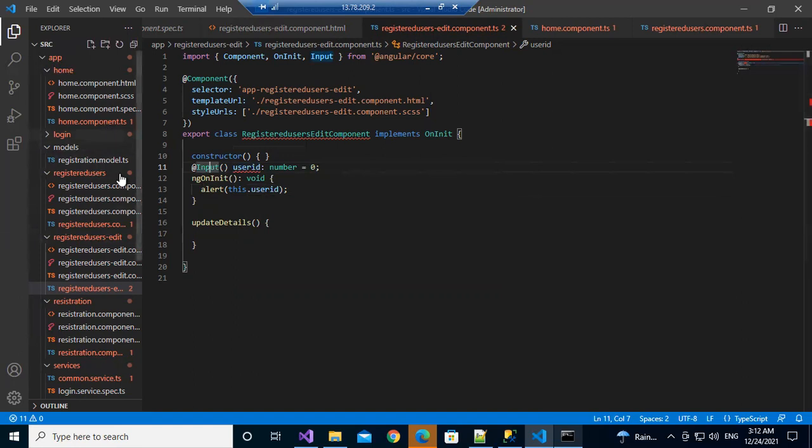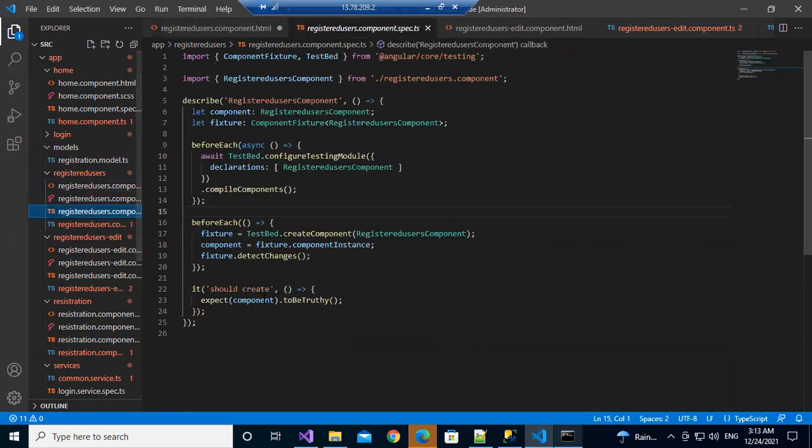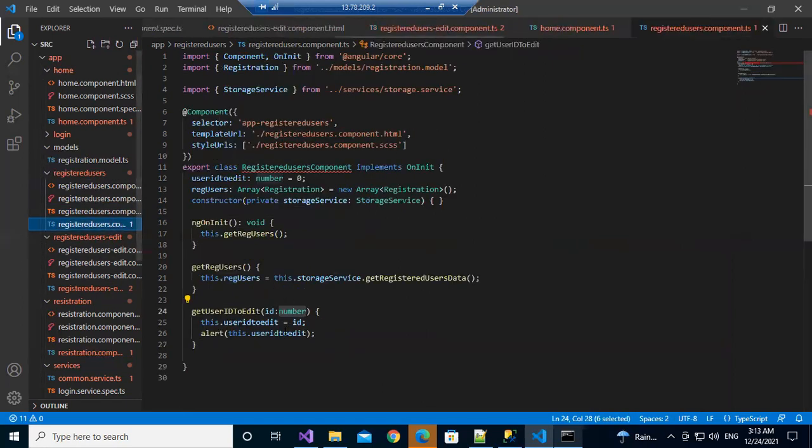Next step 3, go to the parent HTML file. So this is our child component call, right? Here we need to mention, no, we need to mention like a property binding. So user ID is equal to this dot user ID to edit.